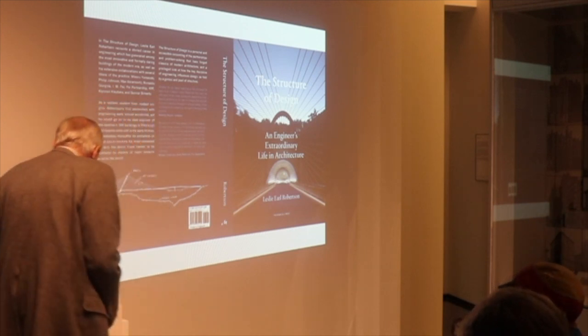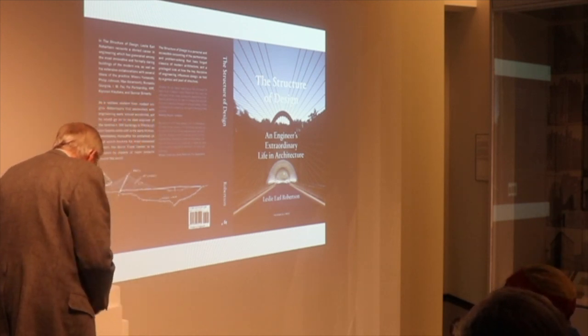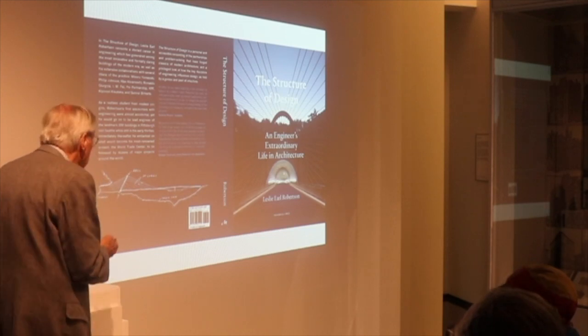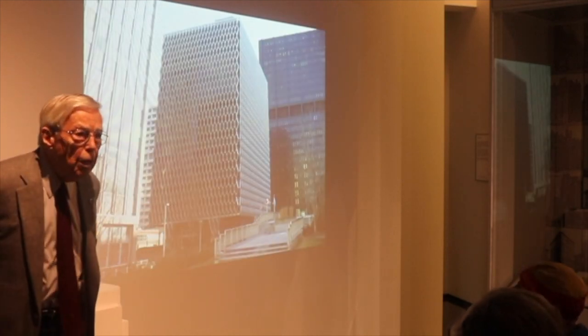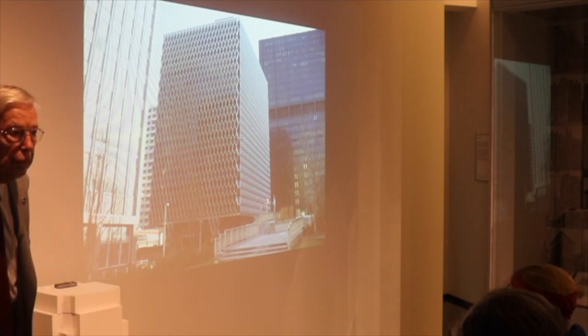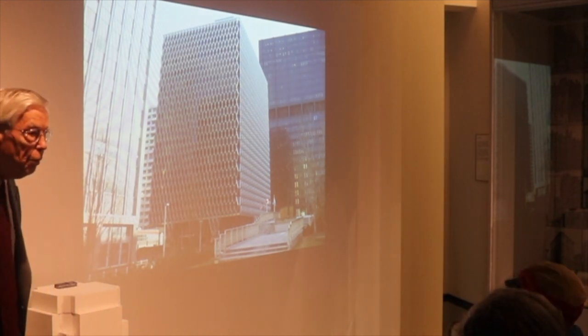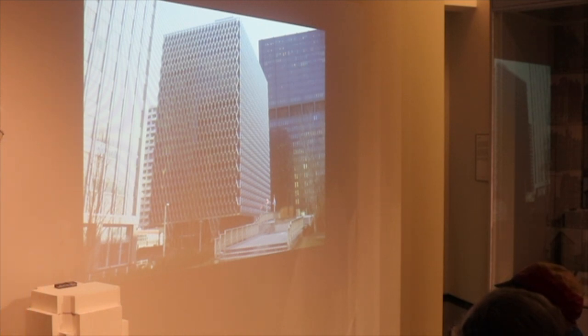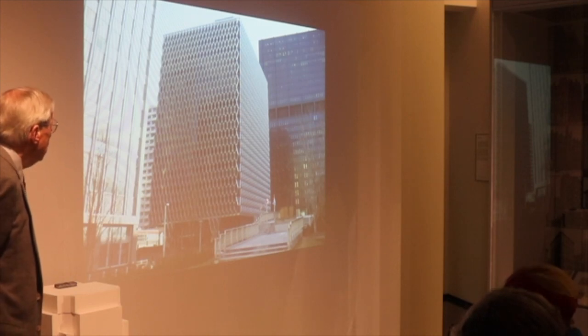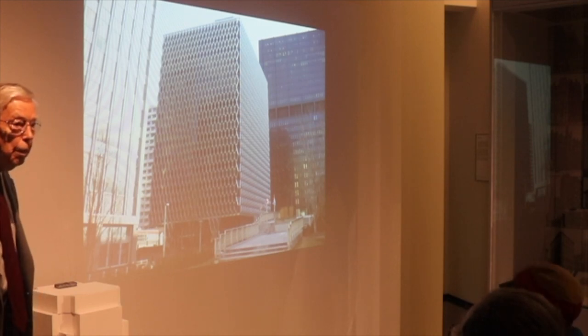Okay, so I guess I have a tool here to change these. We've done all kinds of buildings, and this is a tall building place, so I was reluctant to put in all the outhouses that we do. So mostly on the higher range. The architect was Curtis and Davis out of New Orleans,